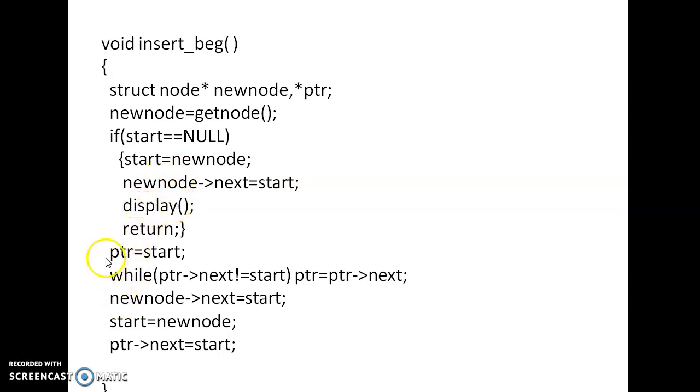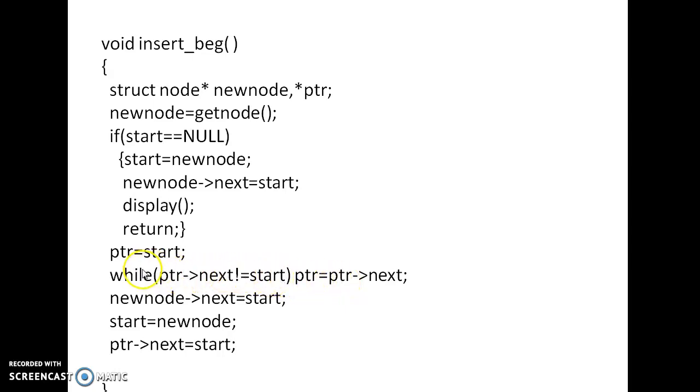Now see here, what is the operation that we are performing? This case is performed when the circular linked list is not present, if our new node is the first node to be inserted. Now the pointer starts at the start and I want to go to the ending of the circular linked list.